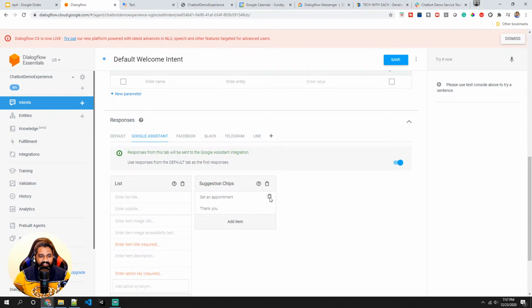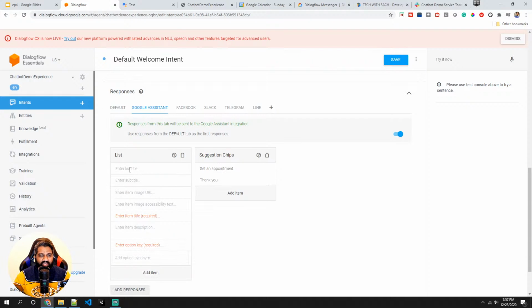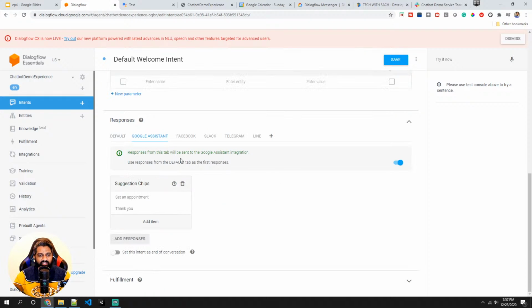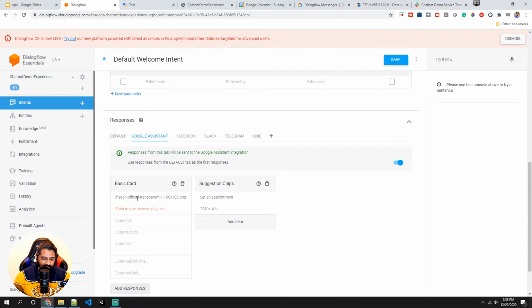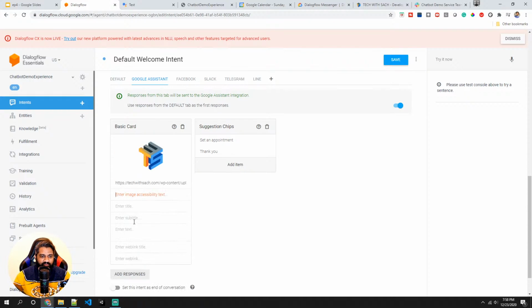So we have list. So you can enter the set of lists that you need. So for example, for the dental service or passport renewal, driver license and all of those things, you can add it as a list over here. You can also go ahead and add a card, basic card, add an image, type in the title, subtitle,